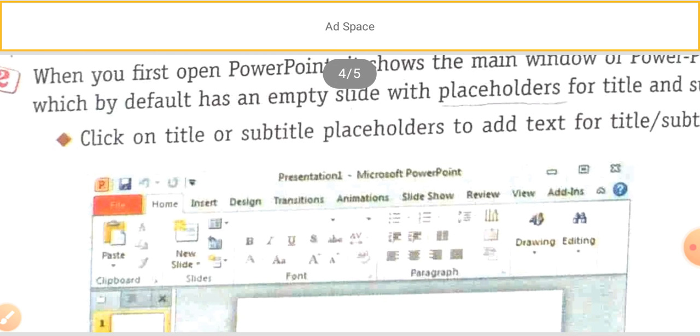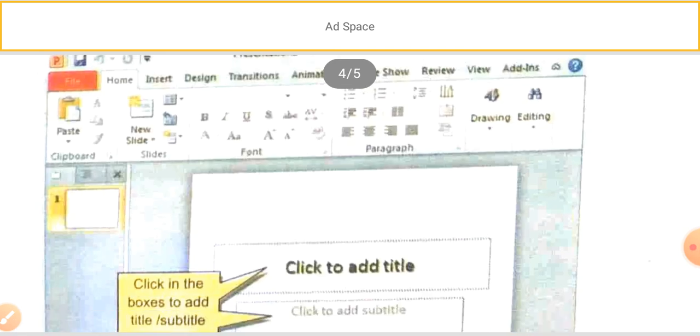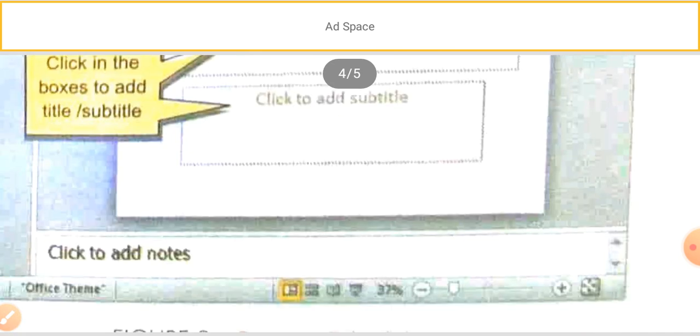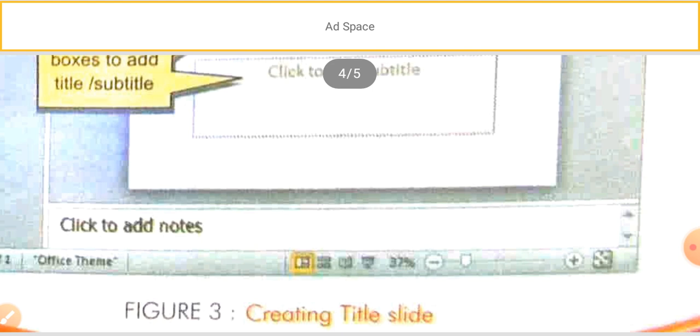Then click the title or subtitle holder and add the text. Since we have selected the simple one, only the title you add first, then you add the subtitle. This is how to create the slide.